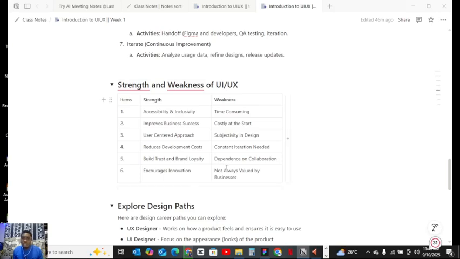So it also depends on the weakness is that it depends on collaboration. You're going to collaborate with product managers, software engineers, software developers, QAs, and other software guys in the engineering process. So you need to communicate well. You need to be clear. You need to be concise. All those things, you need to put them into consideration. You need to know them. You need to train yourself with some other soft skills like that.